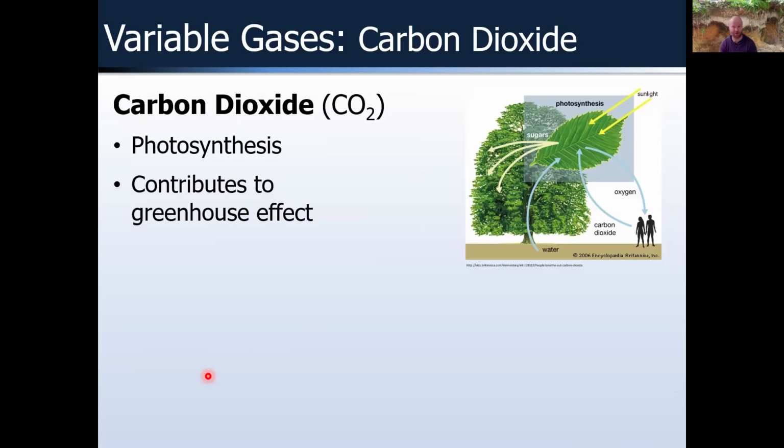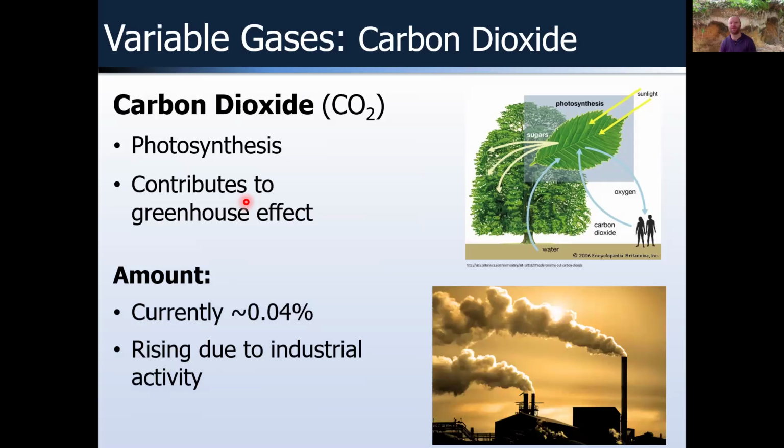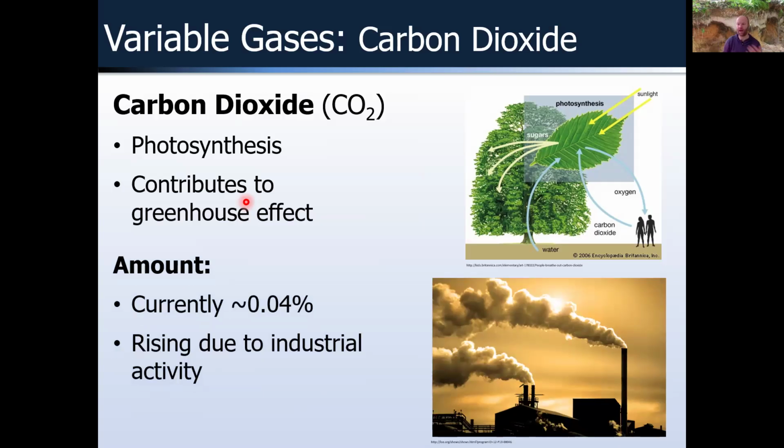Okay, so moving on to carbon dioxide, another variable gas. Carbon dioxide is essential to life via photosynthesis, and it also contributes to what is known as the greenhouse effect, which we'll define later, and this is very much a natural process. The greenhouse effect is effectively capturing and absorbing solar radiation, storing it, and re-radiating it as long wave or thermal infrared radiation. So carbon dioxide, a variable gas in our atmosphere that is a greenhouse gas, contributes to the greenhouse effect. The current composition is 0.04%, which is about